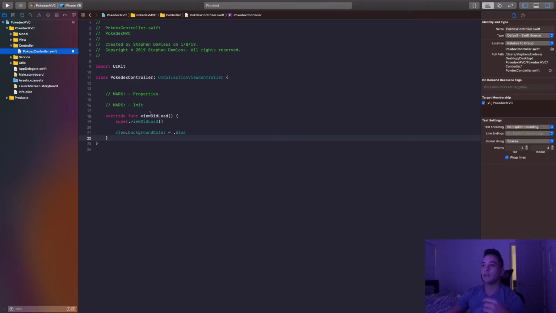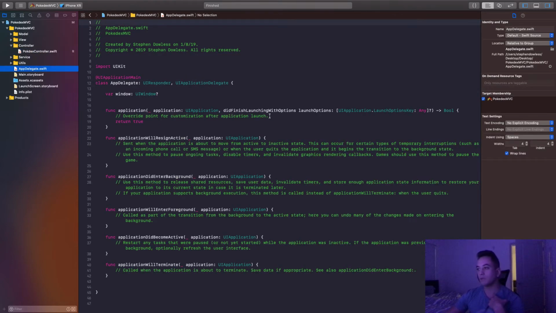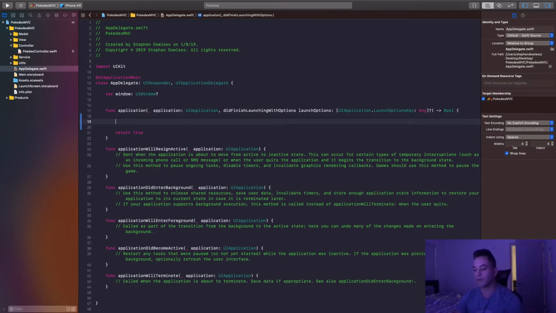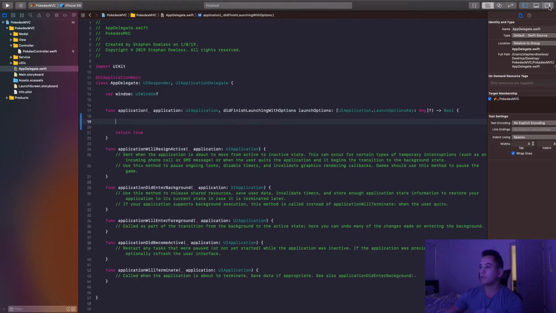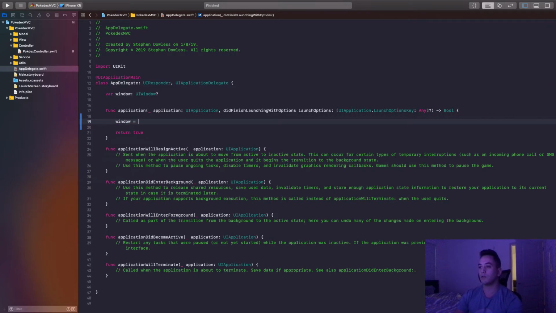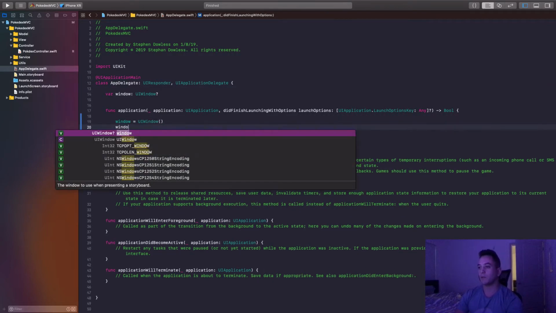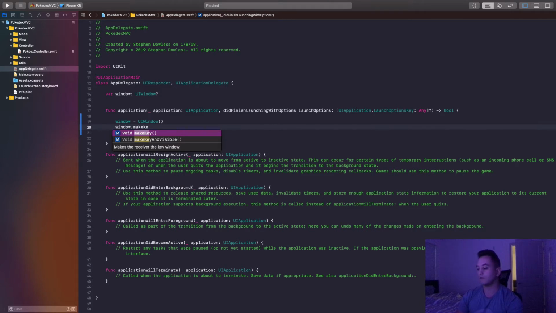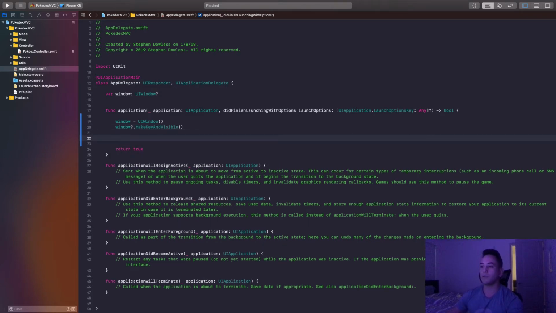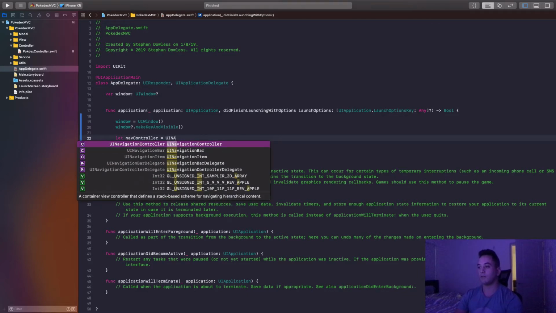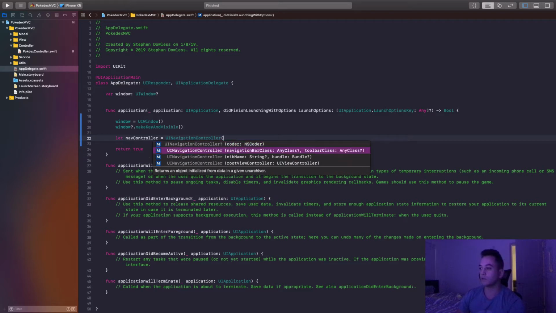And now we need to set this as our root view controller. I don't use storyboards, so we're going to be doing that in our app delegate. So if you guys have never done this before, this is how you set your root view controller programmatically. Let me exit out of this. So we're going to say window equals UIWindow, window.makeKeyAndVisible. And we want this to be embedded in a navigation controller. So we're going to say let navController equal UINavigationController with a root view controller